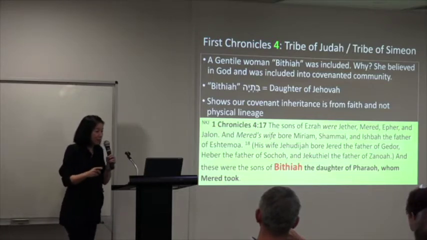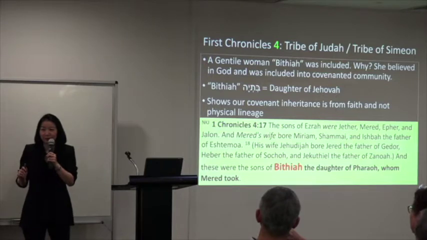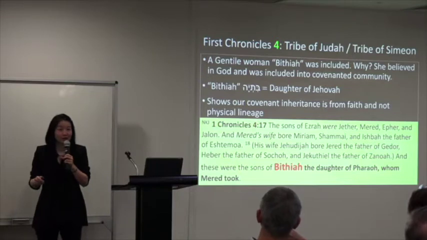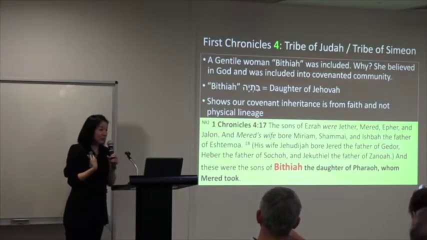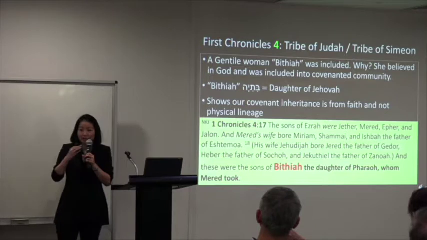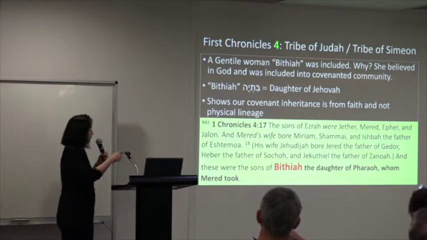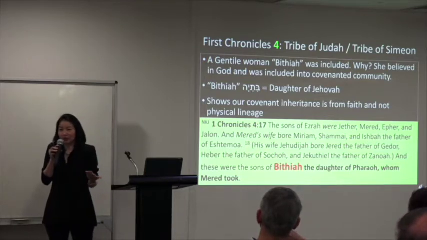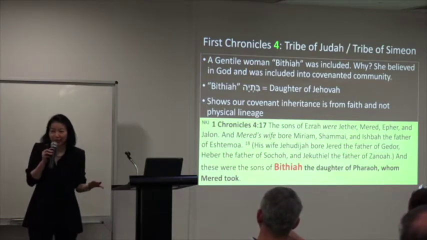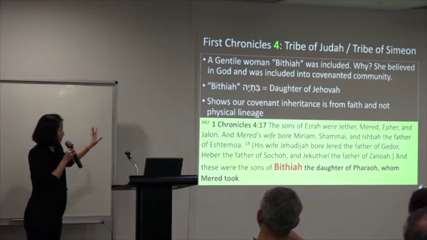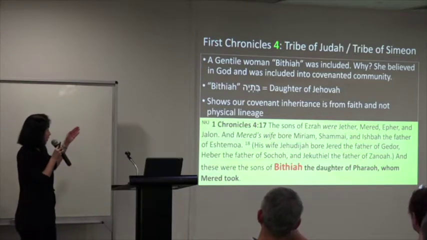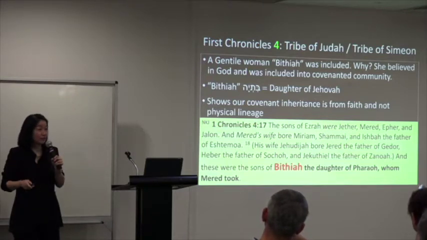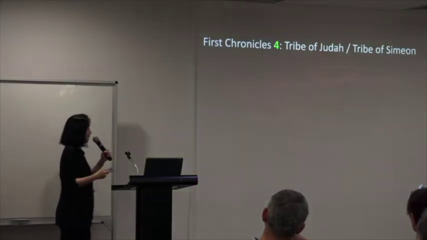Look at her name. Bithiah is not an Egyptian name. Bithiah in Hebrew means daughter of Jehovah. She took on a faithful name. She was recorded as one because she changed her religion. So this tells us, today it doesn't matter that we're not Jews, that your father is not so and so Cohen or Schneider or Schindler, right? It's not important. What's important is that you and I believe in Jesus Christ, and by faith you are in this genealogy, spiritually.